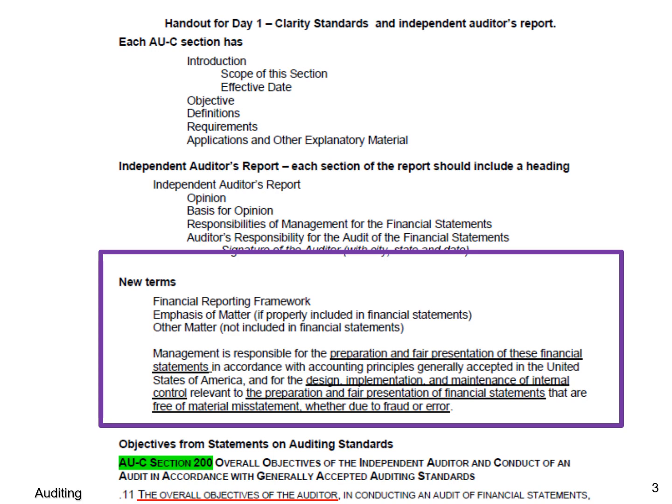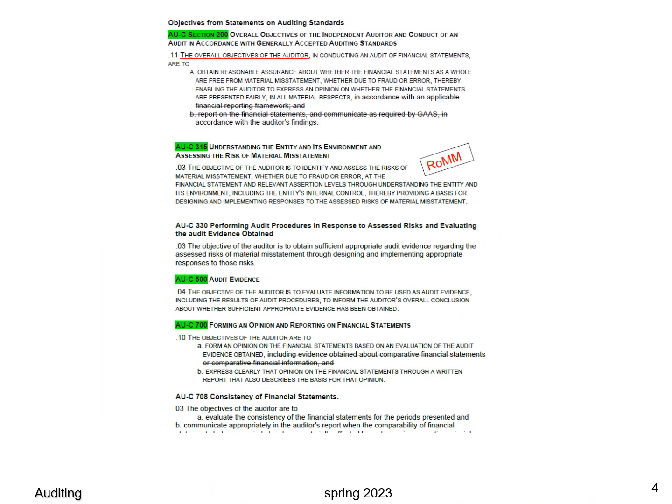That's also a good time to point out that what TED teaches is not 100% correct 100% of the time. Okay, so TED's trying to get across those concepts that are correct 85 or 90% of the time. If you need to get over a 90, that's on you. But it's not 100% true that free of material misstatements is always followed by whether due to fraud or error, but almost all of the time.